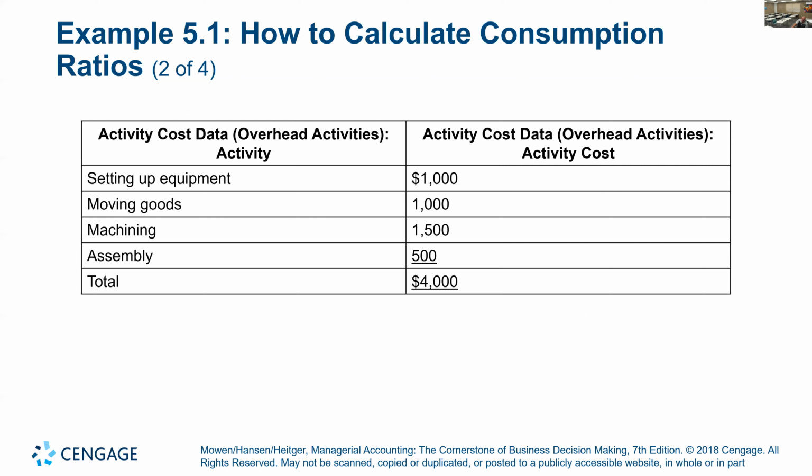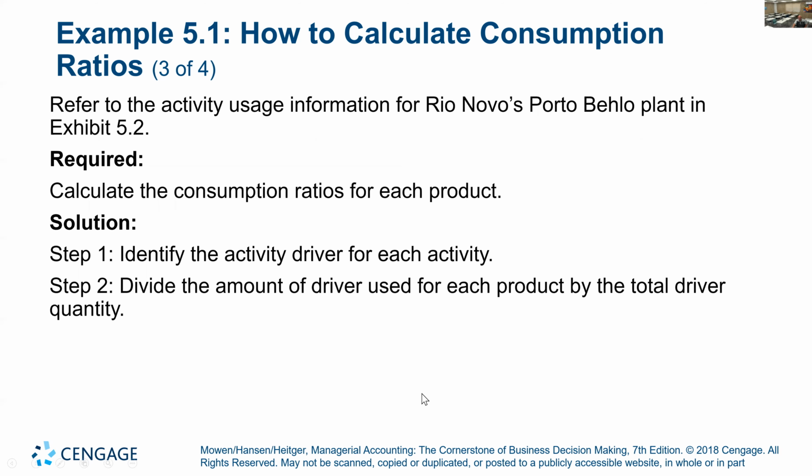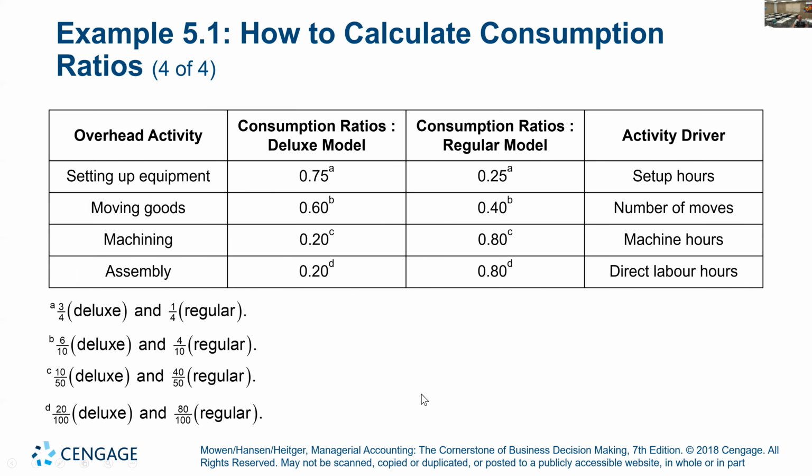The second step is to assign costs to the activities, which is what we're doing here. This is for setting up equipment. The total cost for the whole plant is $1,000. For moving goods, it's $1,000. For machining, it's $1,500. For assembly, it's $500. Our total overhead cost is $4,000. So it says here,